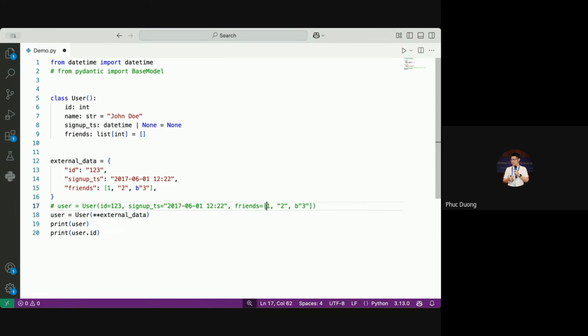So in this case, it will parse 1 as the integer value, 2 it will convert from a string to an integer value, and it will also do this for the third element, which is 3. Okay, so using Pydantic, you are taking advantage of its automation of data parsing and data validation without explicitly defining the function by yourself. Okay.